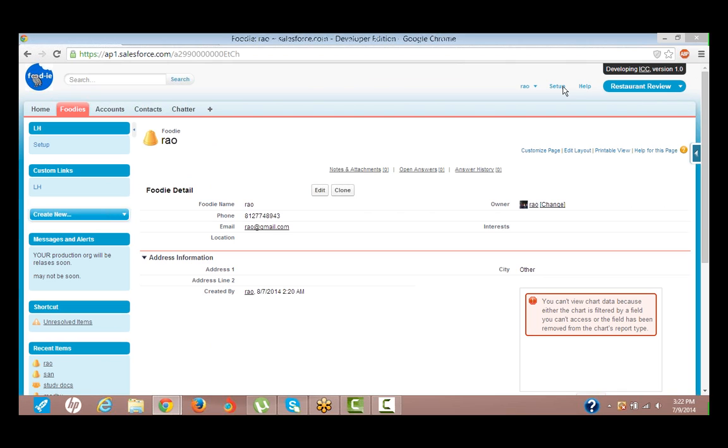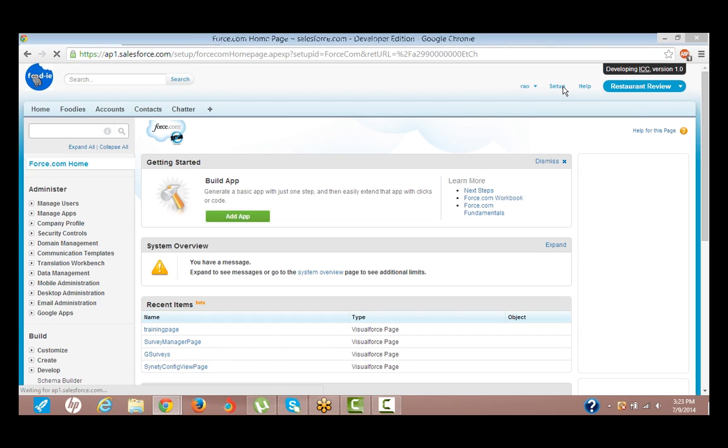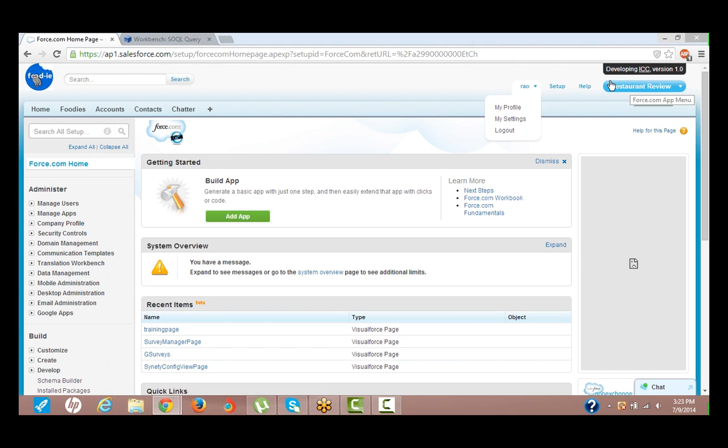Click on setup, please. Yeah, now go to your... no. Can you click on the RAW drop down next to setup? I'll take the control. Sorry.